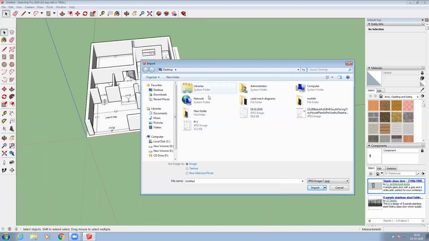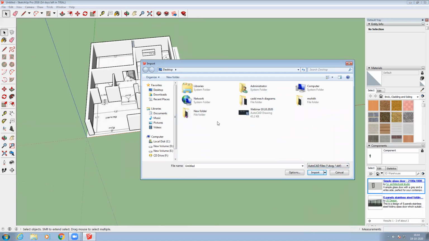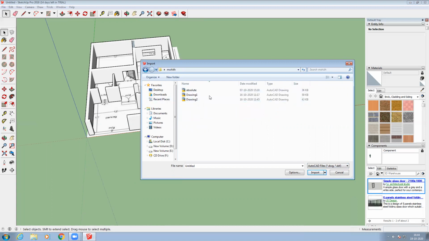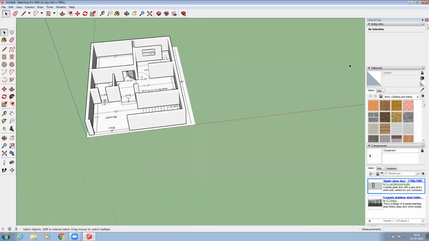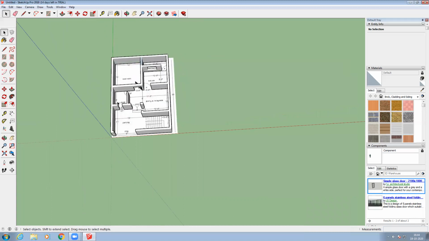Here I had shown JPEG images, so only JPEG files will show. If I provide AutoCAD files, only AutoCAD files will show. If you open these folders, you are going to find only AutoCAD files, right? Like this you have to import and do the drawings.